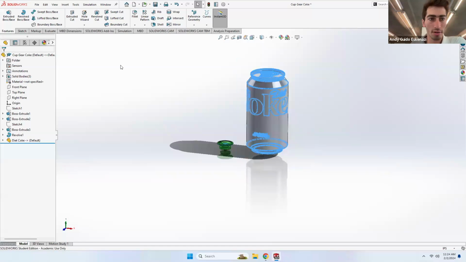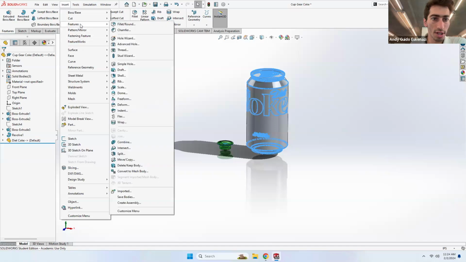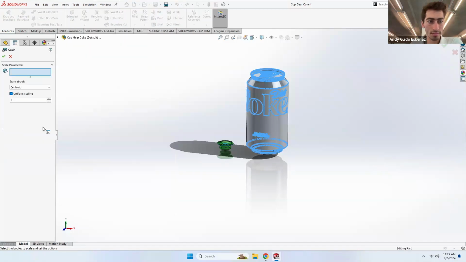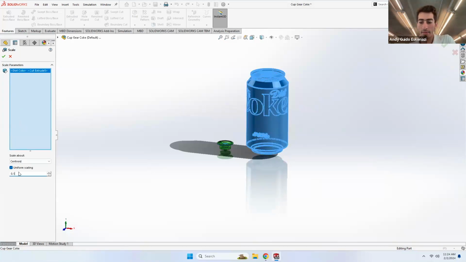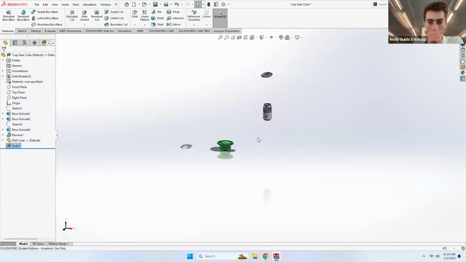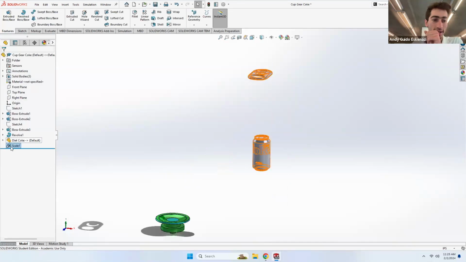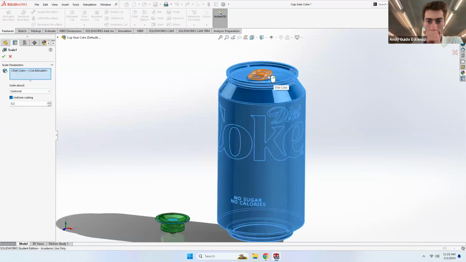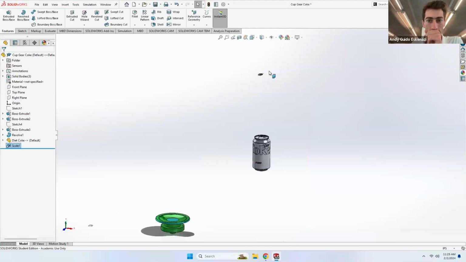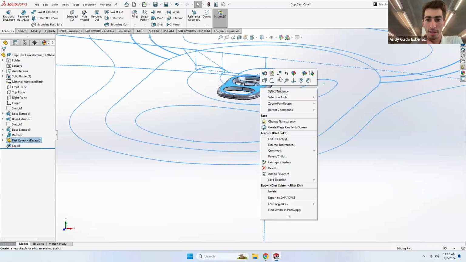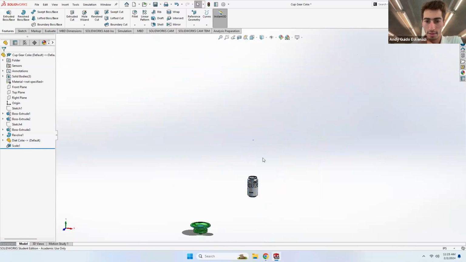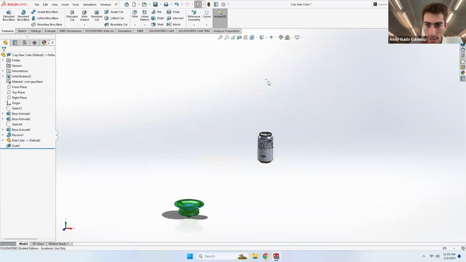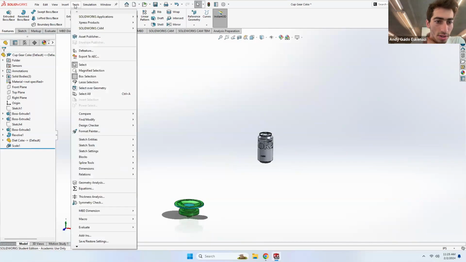Well, I could potentially select all of this thing. To insert, features, scale, and I can scale it down to 0.1 its size. Oh, you know what? Maybe 0.2. Let's see how that looks. Oh, I should have scaled that down as well. The problem is I forgot that I made them individual bodies, so I'll just hide that one. Very good. And now I believe here, to insert,